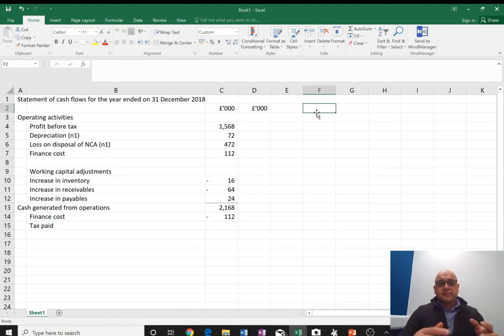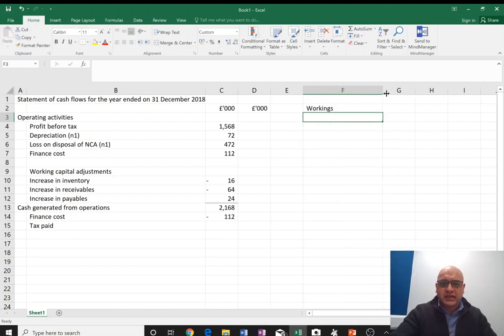So if you're using pen and paper, you can leave the first page where you're creating the statement of cash flow. Go to the next page and do a little working for tax. So I'm going to call it the workings here. And the first working one will be tax paid. And for that, I'll need the opening balance,